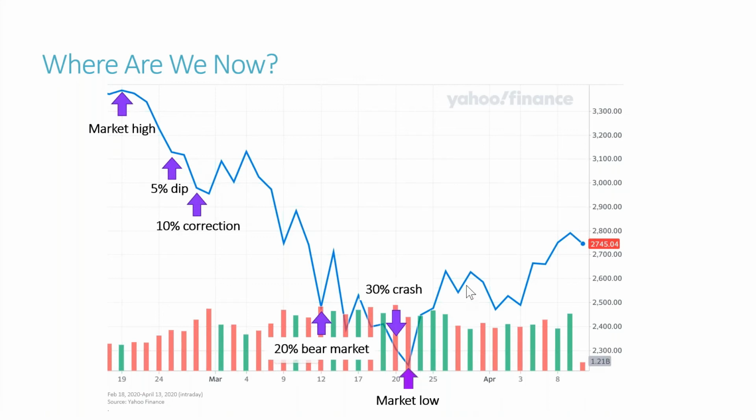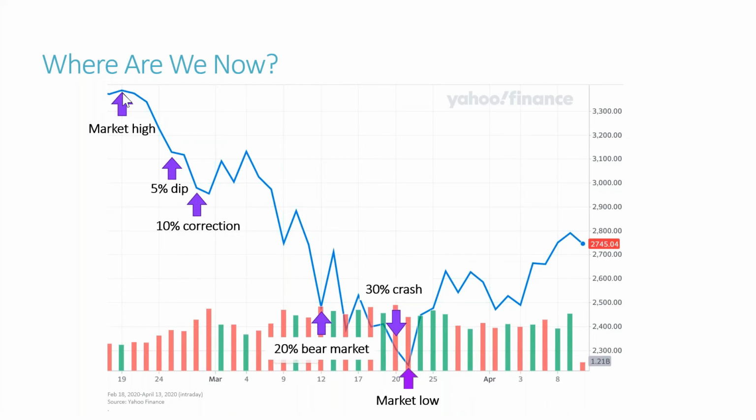As you can see here, we've had a bit of a rebound. This is about midday yesterday when I ran these numbers, and we're already, from the low, at the current level here, the S&P at 2745. We're about 23% above the low. We still have another about 23% to go to get back to the market high, and I think just the impact this has had on company earnings, it could be some time before we get there. And I don't think we're through this yet, and I think we're surely going to see some more volatility, likely to the downside too.